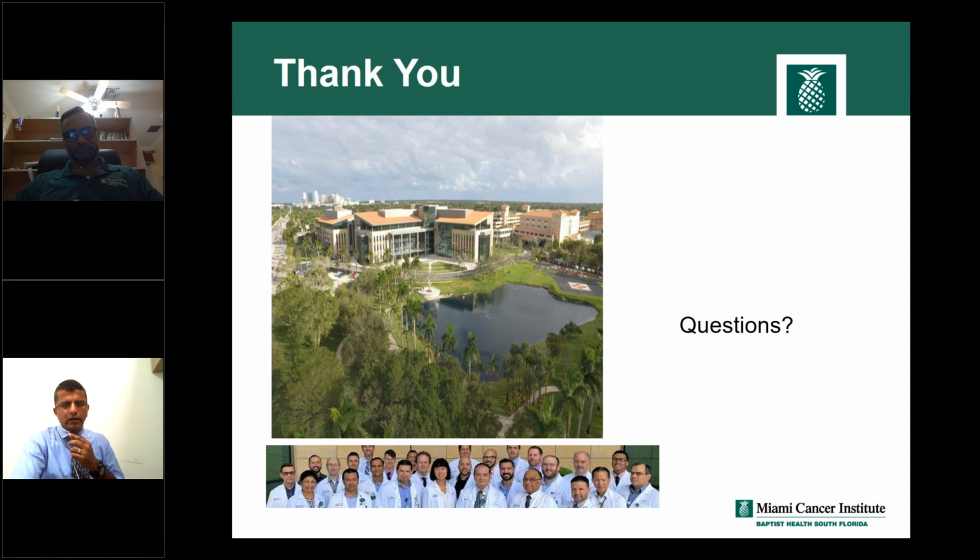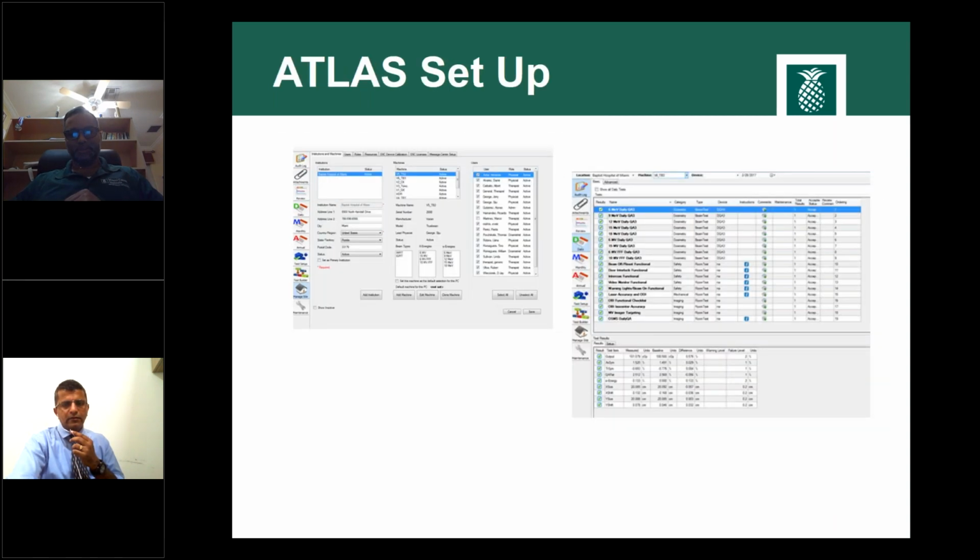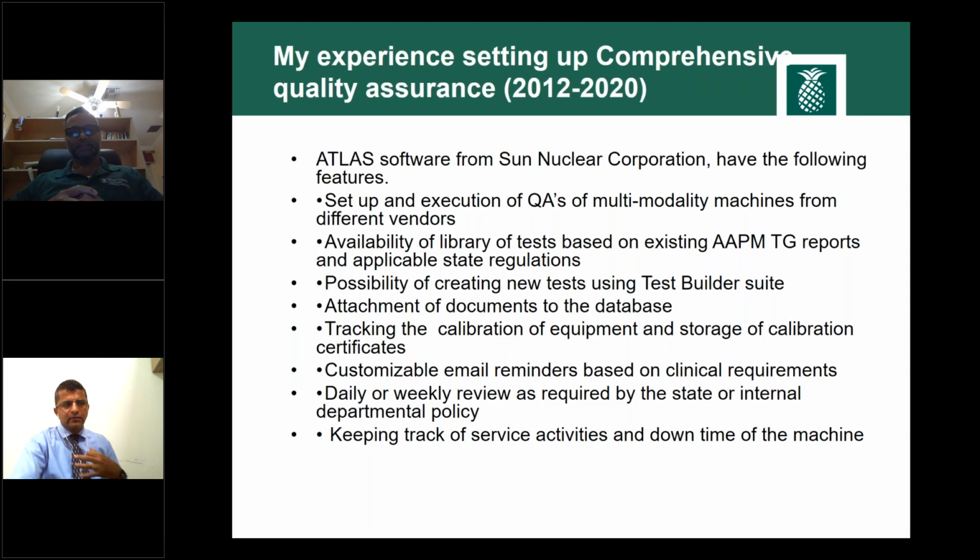Siju, I would like to ask you what advantage you have observed in terms of the efficiency of the medical physics procedures when you moved from the ordinary way of doing the setup, the calculations and the data entry, everything using the old methods, to this integrated approach? So as I mentioned here, first thing,